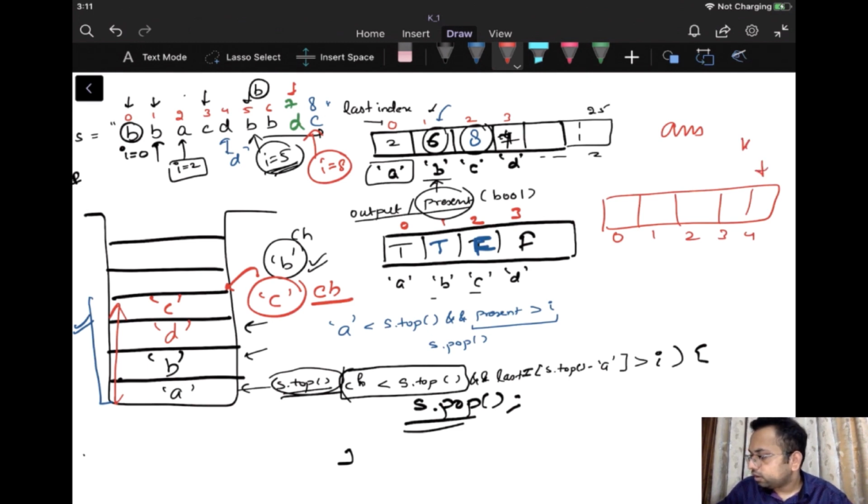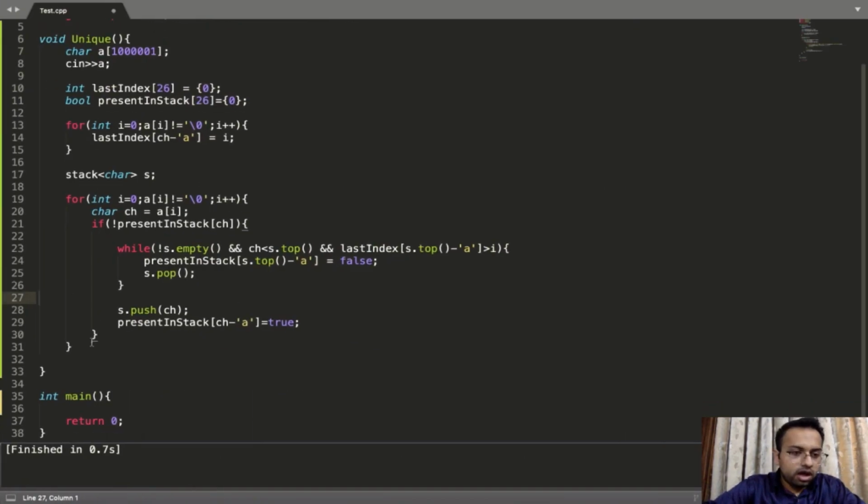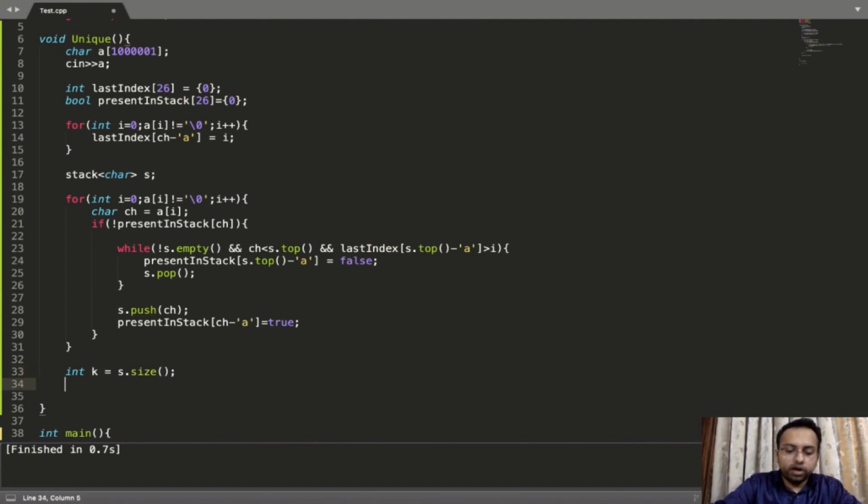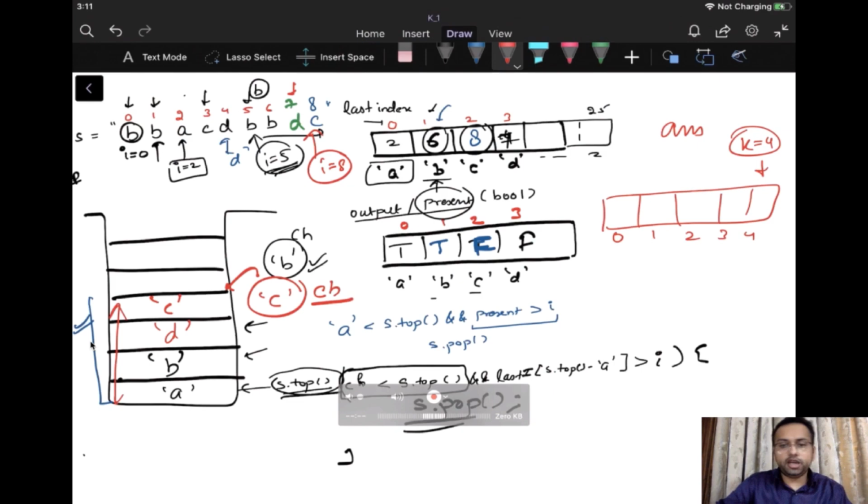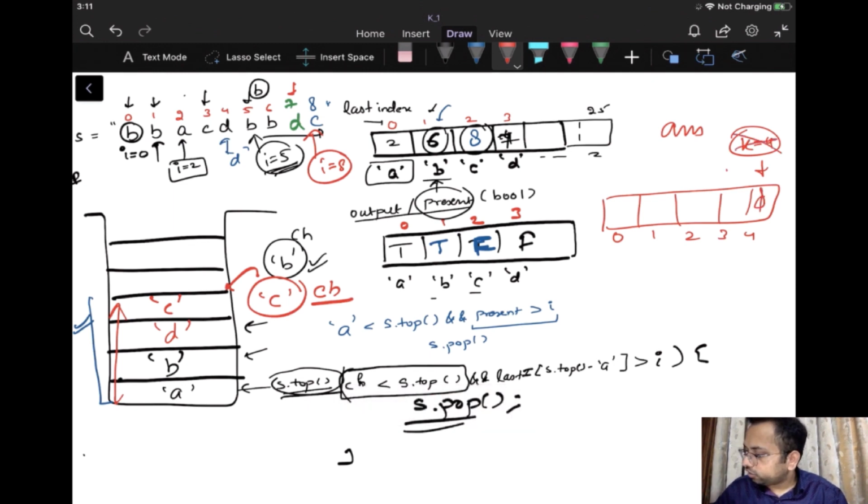So I can keep an iterator at k equal to 4. After we are outside this loop, I'll keep an iterator as stack.size. At this particular index, I'll store null, because whenever we store a set of characters, it has to be terminated by null. So I'll store null at this point, right? And I'll decrease the value of k.